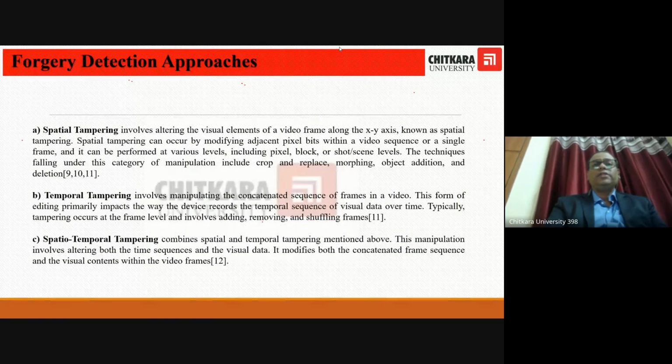Spatial tampering involves altering the visual element of a video frame along the x and y axis. Spatial tampering can occur by modifying adjacent pixels or bits within a video sequence or a single frame. It can be performed at various levels, including pixel, block, or shot level. The techniques falling under this category of manipulation include crop and replace, morphing, and object addition and deletion. Whereas